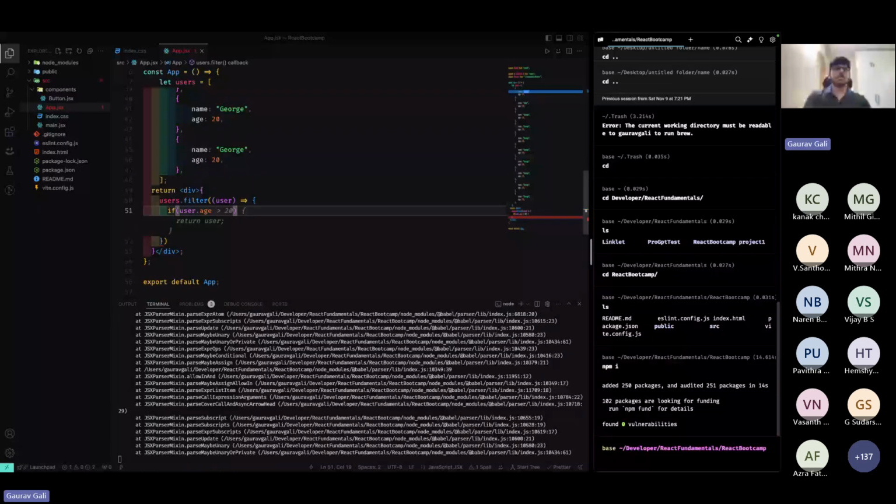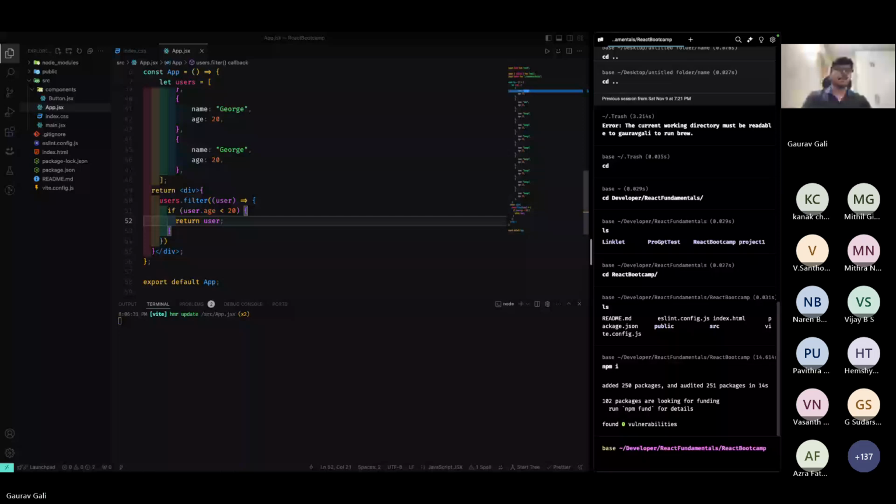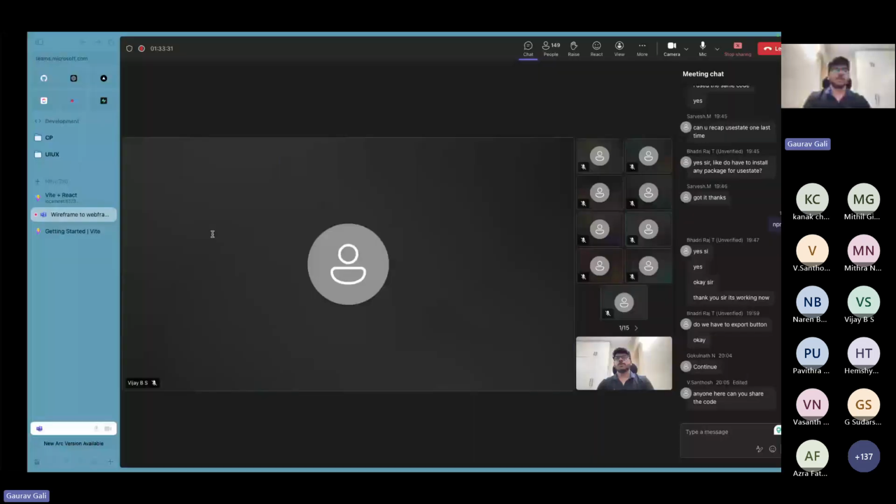So that was our condition. If the user's age is greater than 20, then we don't want to display the user. So we have a condition saying if the user.age is less than 20, only then we have to return the user. Otherwise, it returns nothing. So if you see the view right now,